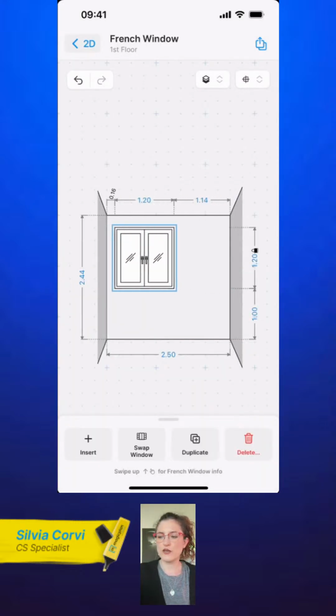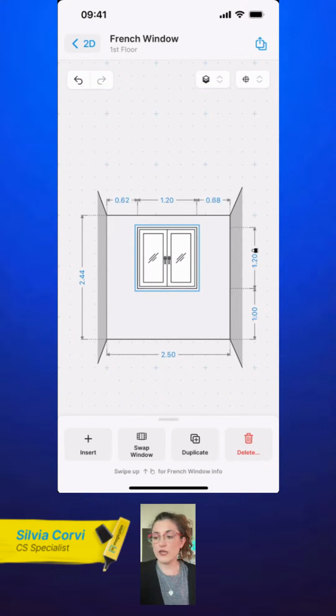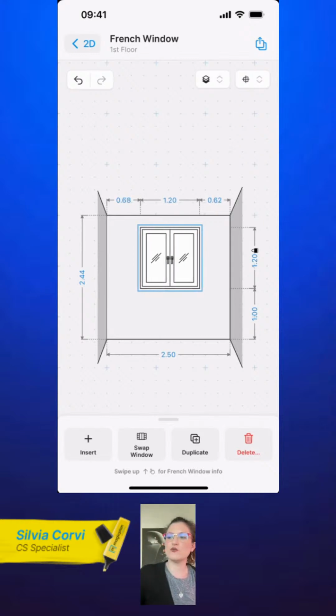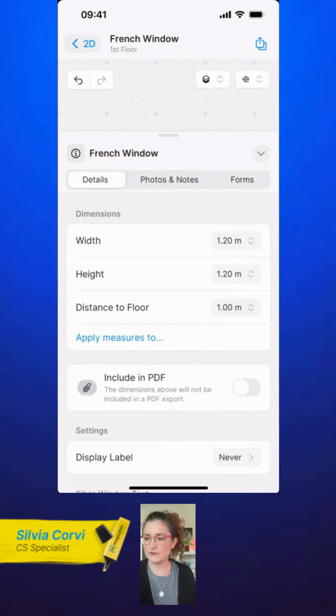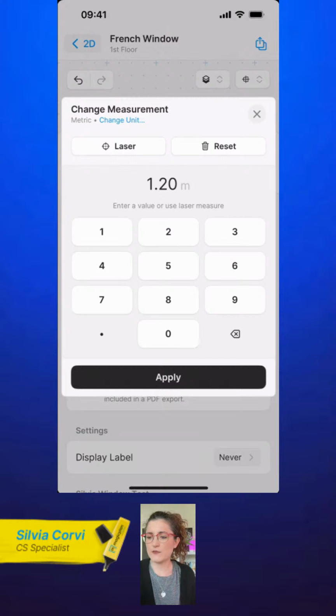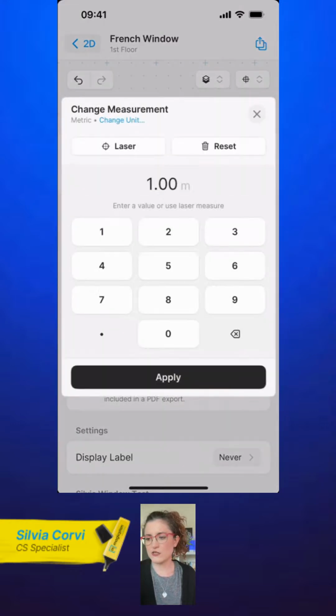So we could also edit the wall objects inside this elevation view, but we can also have a better idea, as I always say, of how it will look. So if we say, you know what, this window is too big, I want a window that starts a bit higher, we can just change here. For example, we could say it can be 0.5 in the height and distance to floor